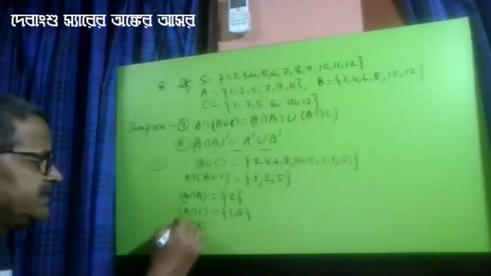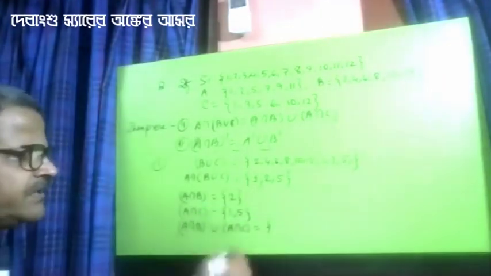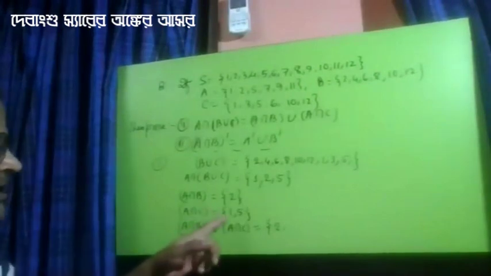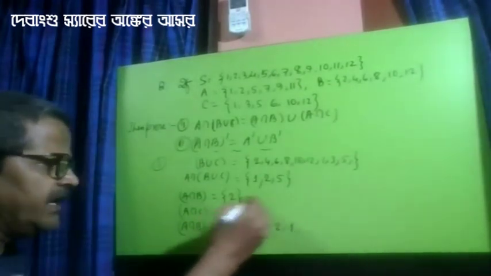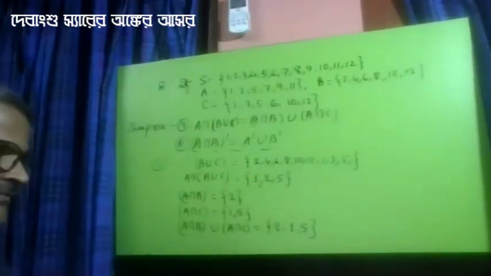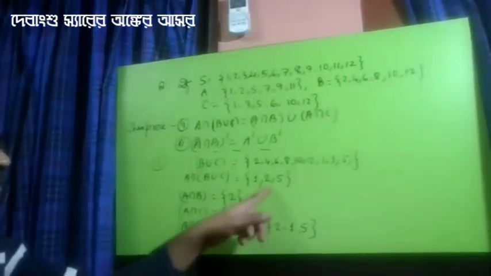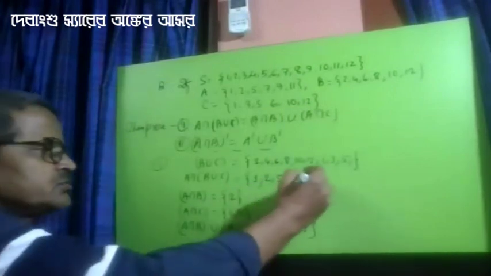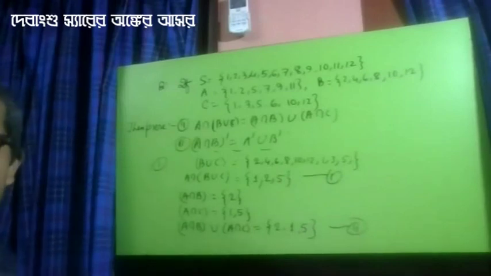A intersection B union A intersection C. So to take the union, first we have to write all elements of the first set. Only one element is there. Now we have to check whether all elements of the second set are taken or not. 1 not taken, take it. 5 not taken, take it. Now see these two sets are equal, though the order of the elements is different, and ordering does not matter. So 1, 2, all elements are common. So 1 and 2 show that these two sets are equal.